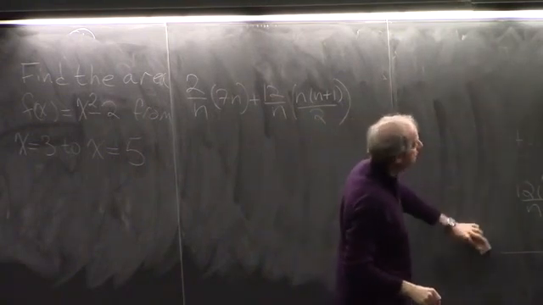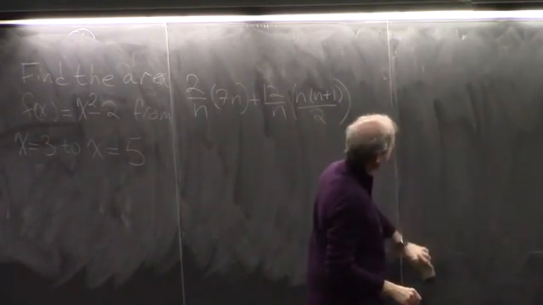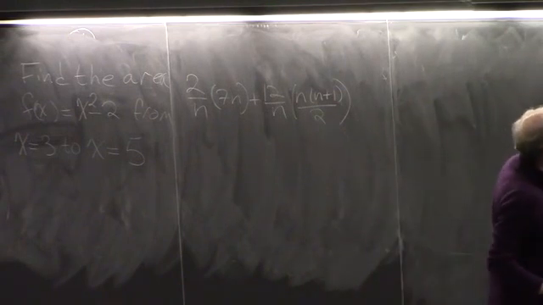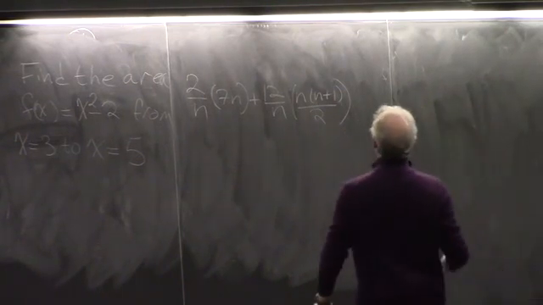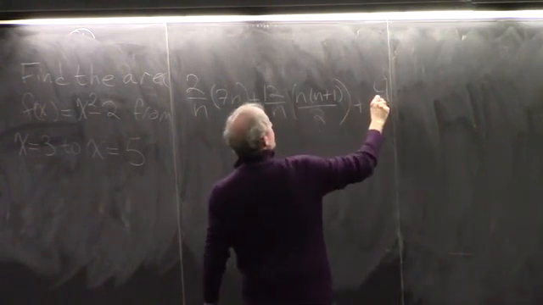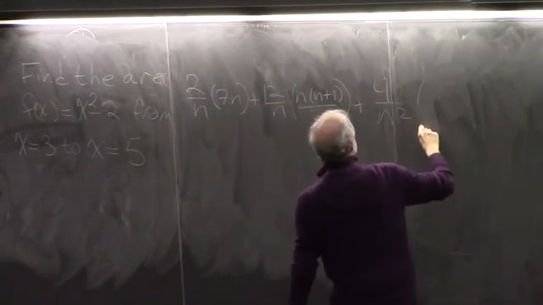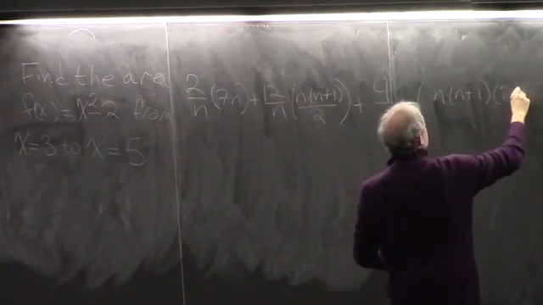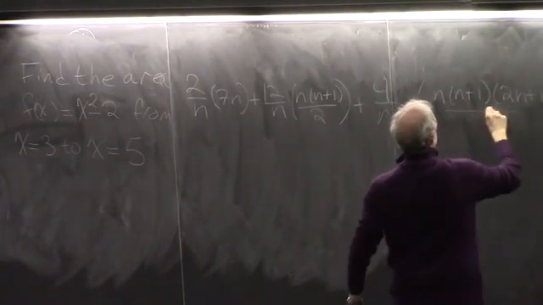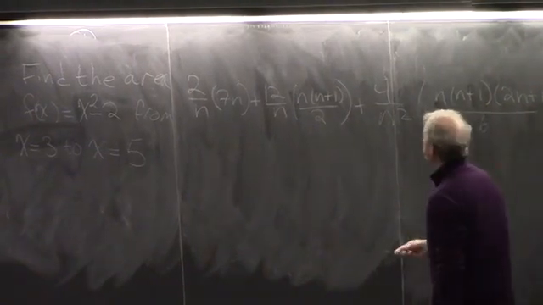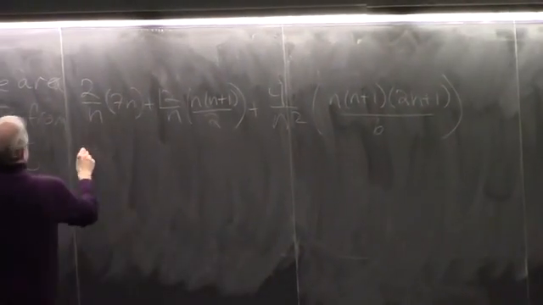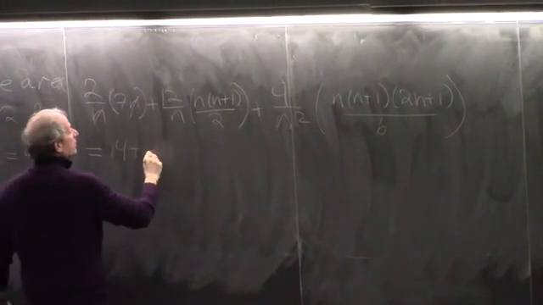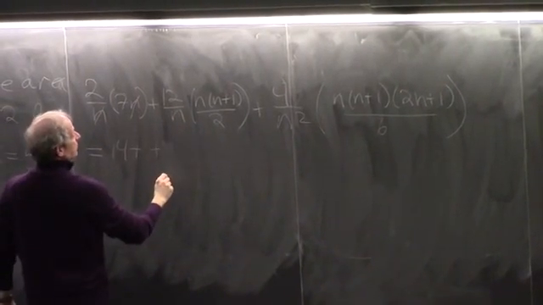Third one, four over n squared times n times n plus 1 times 2n plus 1 over 6. So that's 14 plus